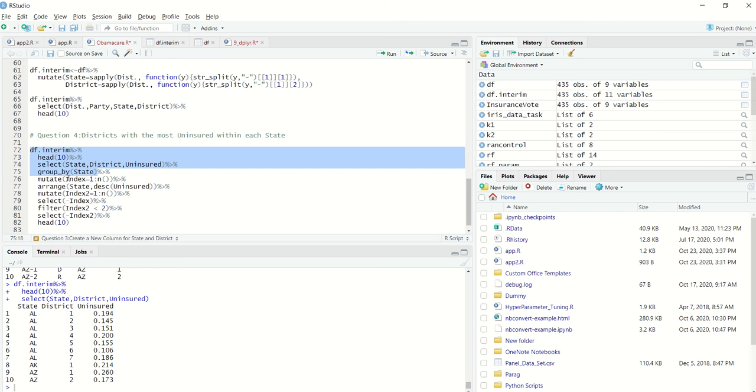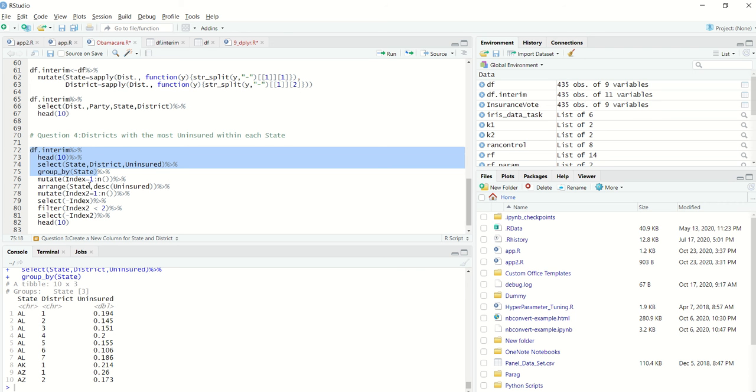Then within each state, once I group that up, I want to create an index which will be nothing but a counter from 1 through n. So for each state, if there are 10 values, I will get 1 to 10, and if there are 6 values, I will get 1 2 3 4 5 6. Now what else, how can we basically achieve what we require? Now I will be arranging this particular data.